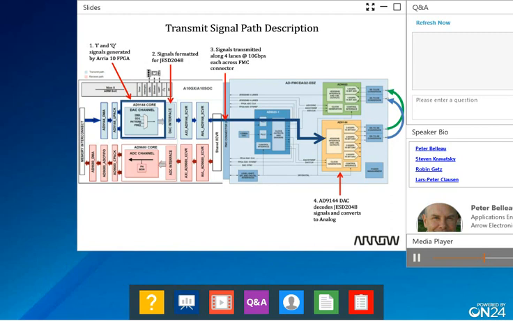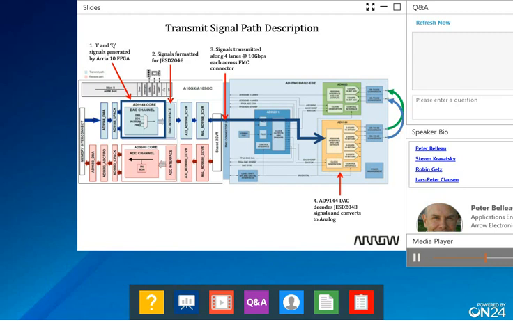Here is a diagram showing the path the signal takes on the transmit side, going from the ARIA-10 FPGA to the AD9144 DAC, as illustrated by the dark blue arrow. First, the operator uses the Analog Devices IIO oscilloscope application to select a sine wave somewhere in the range between 10 and 500 megahertz. The ARIA-10 generates 2 copies of this frequency internally using its direct digital synthesizer block. These signals are phase shifted 90 degrees apart and will be the I, or in-phase, and Q, quadrature, signals delivered to the DAC. These digital signals are then converted into the JESD204B format by the ARIA-10 in preparation for transmission.